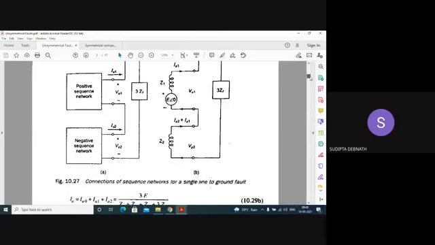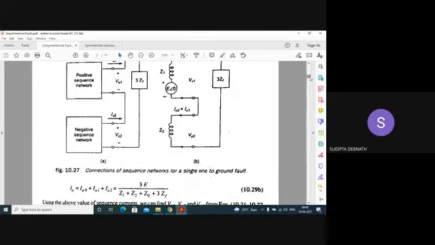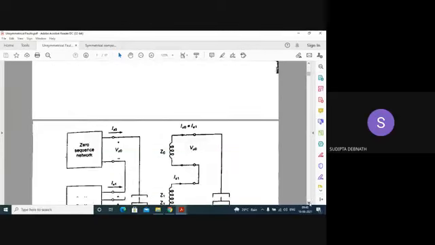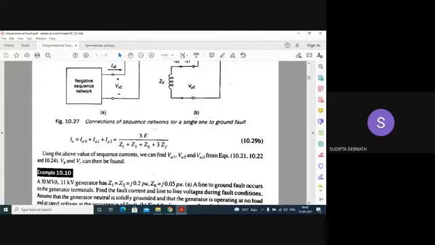So it is very simple. Now here the current is shown. Just I told you it will be thrice E by this one. Using this, IA will be equal to IA1 plus IA2 plus IA0, so it will be thrice of IA1. As all are equal, IA1 we have found out. So by multiplying it by 3, we can easily find out the value for the fault current. This is actually the value for the fault current. Clear? This derivation, any problem?